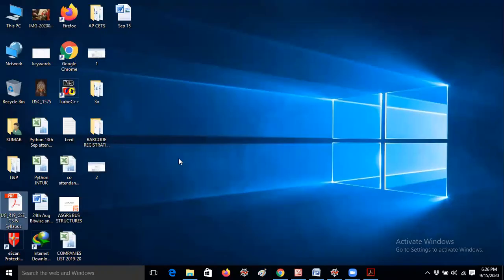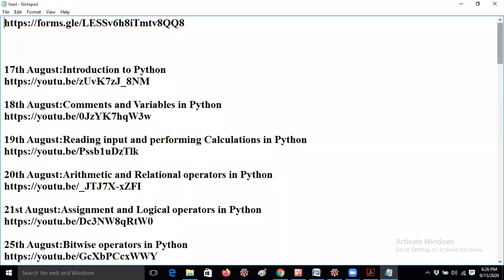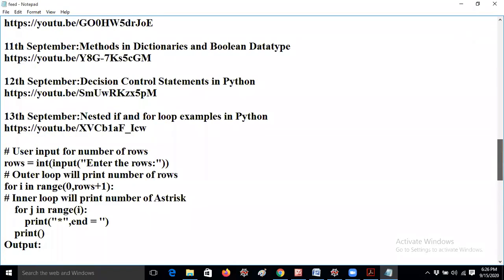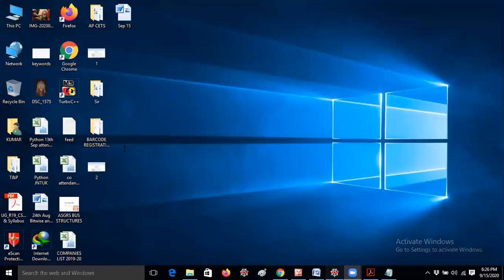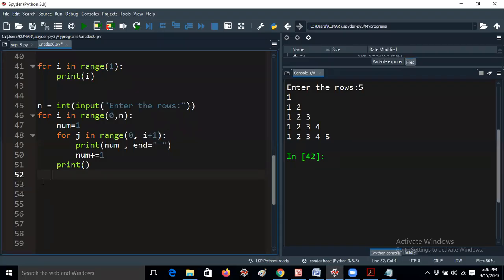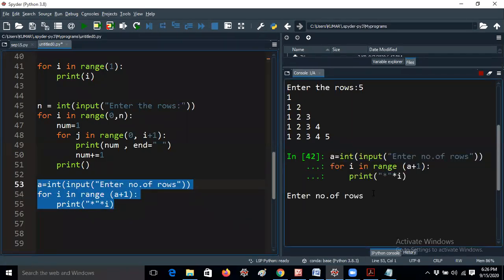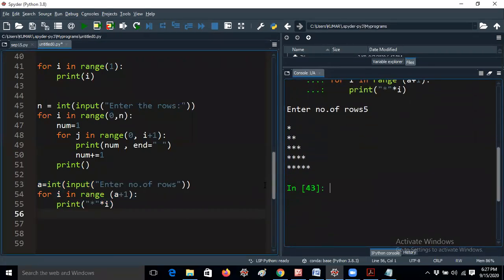Vishnu is asking some doubt. I know, Vishnu, that logic is already there in the feedback form. I have written some code, because I am discussing nested for loops. These are the programs I already wrote here, but let me explain this concept. We have a lot of shortcuts in Python, so don't worry, guys. Vishnu is asking one doubt, let me explain this. If I give 5 here, you will get 5 spaces like this here. He is saying, sir, we will get this code, and this is also fine, sir.